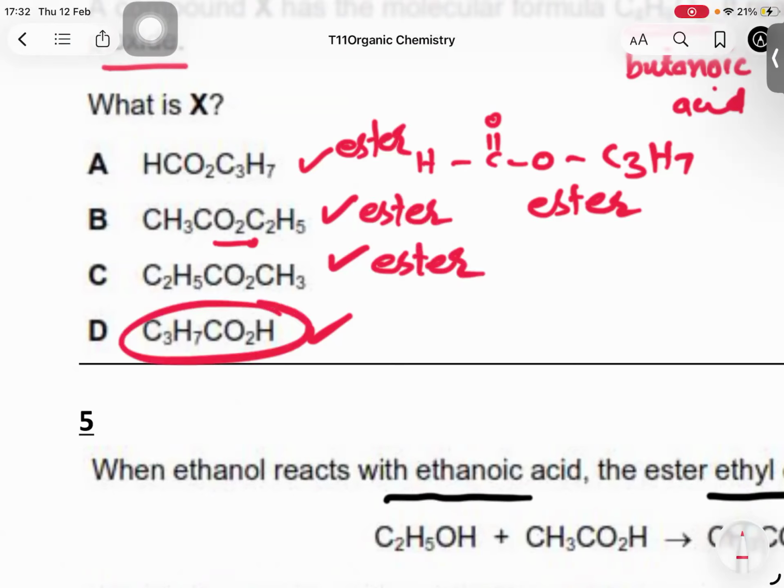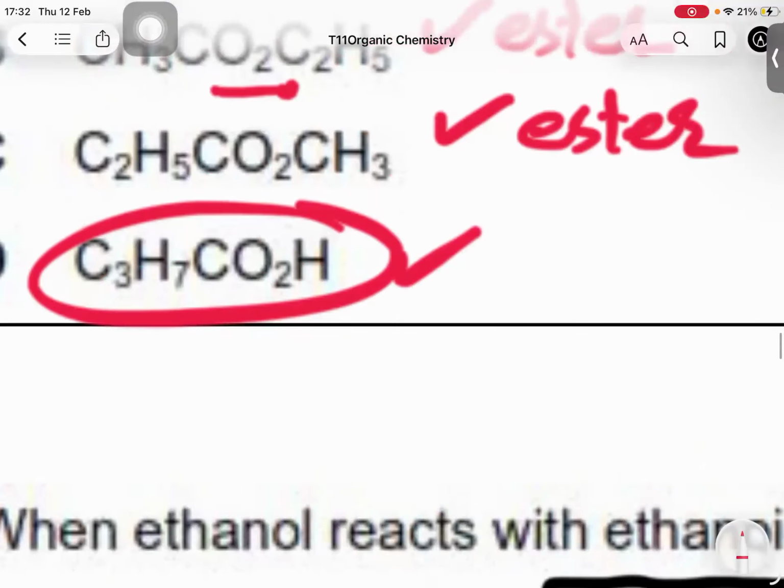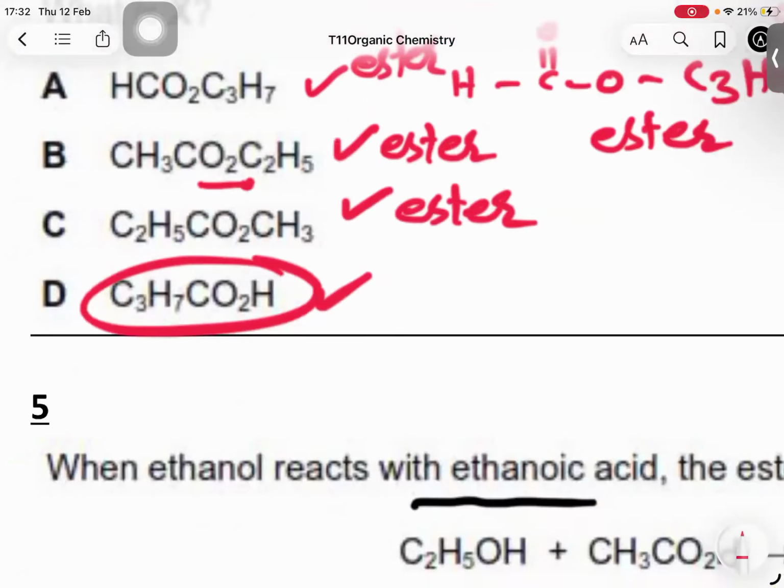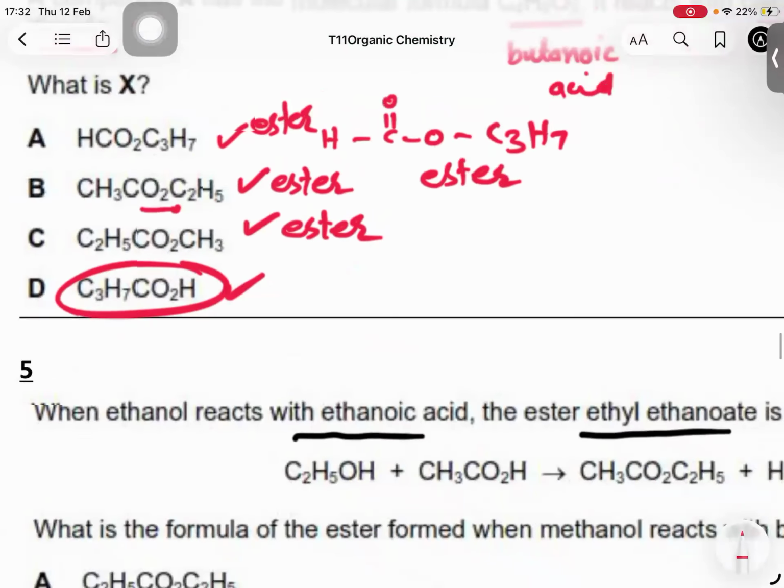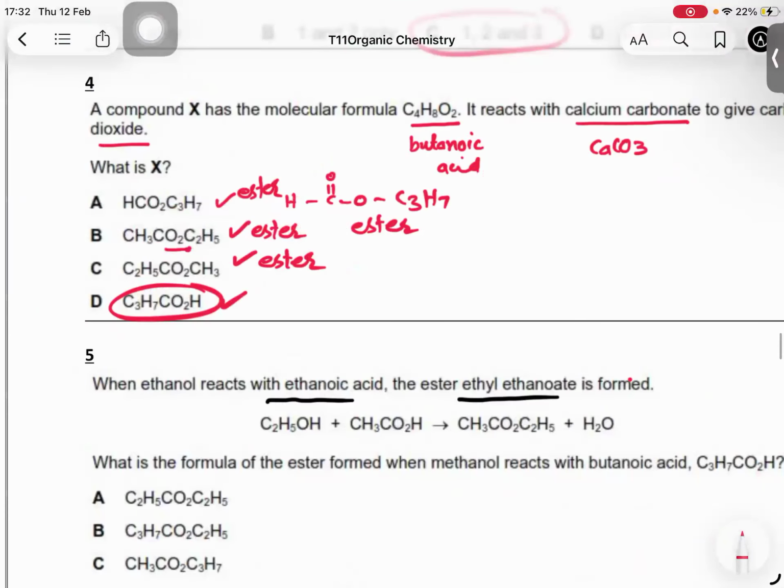What about this? COO के बाद कौन है? Hydrogen. So when COO के बाद hydrogen होगा, it will be a carboxylic acid. So we were looking for this carboxylic acid, and it is butanoic acid. So keep in mind, pay attention, everyone. Whenever I write CH3CO2H, it's a carboxylic acid. And if I write